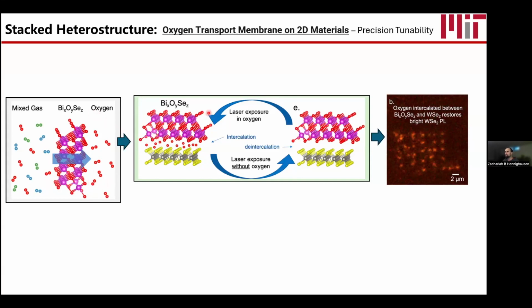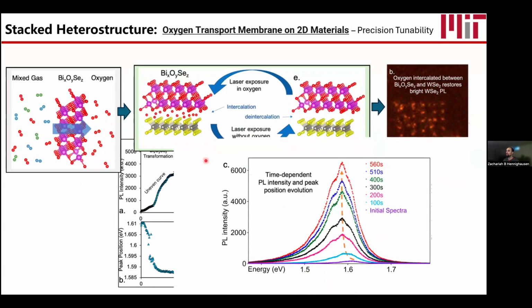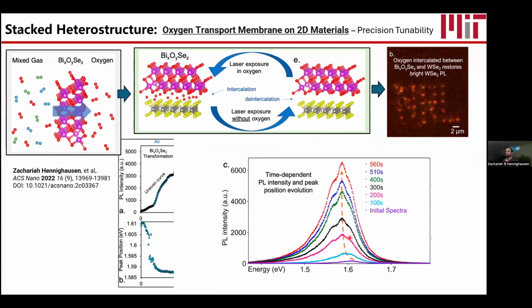But in this case, we combined it on 2D materials. And what we can do is stuff oxygen into this interlayer region and within the actual oxygen transport membrane, and we can intercalate it and also de-intercalate. And through this process, we can modify the 2D materials' properties. So I did it once again with these transition metal dichalcogenides, these TMDs, which have a strong light matter interaction, and I could modify the photoluminescence with high precision. This is using a laser, and we can do it with high spatial precision too. So I tried to write NRL, so go Navy, NRL right there.